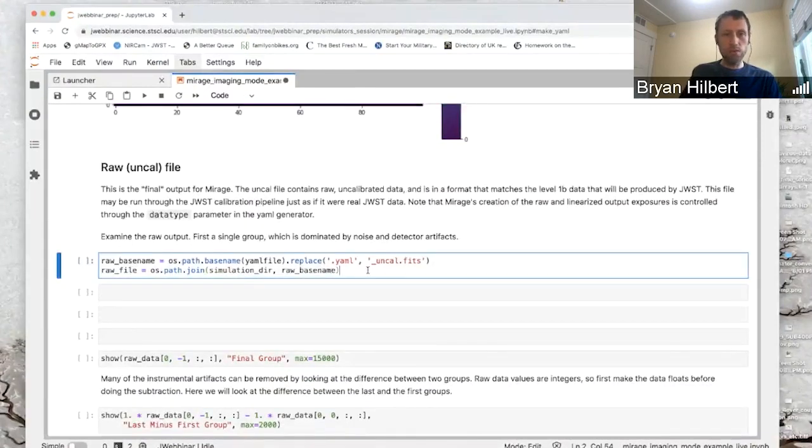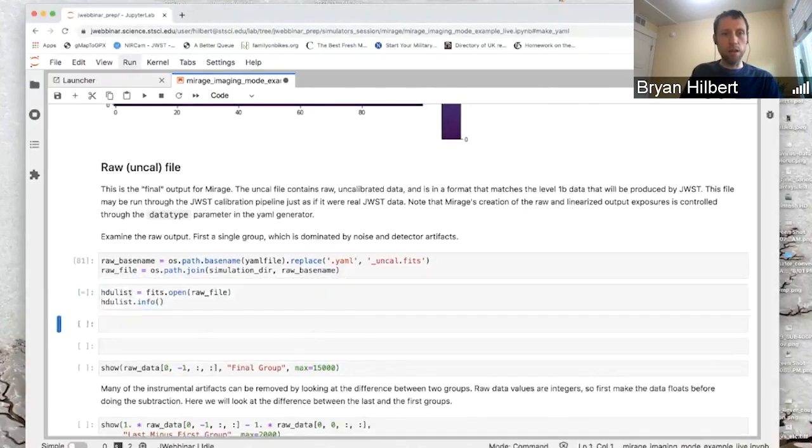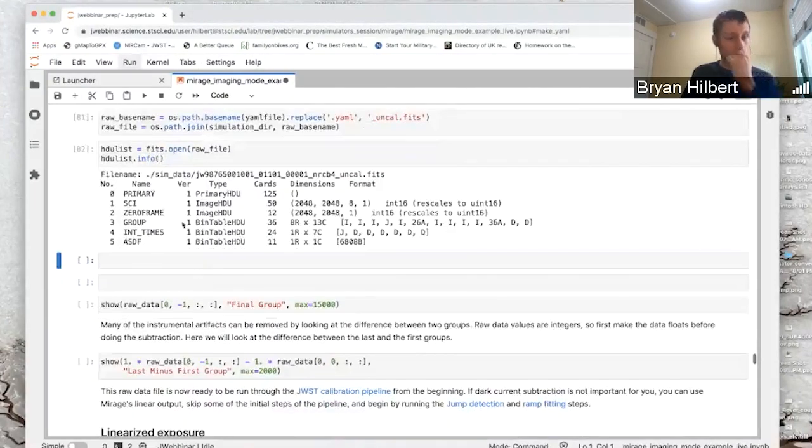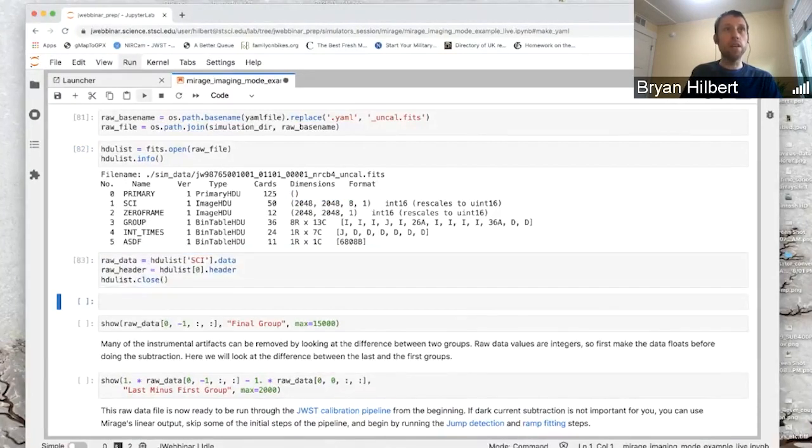And then we also have the raw file itself, the file that can go into the pipeline. So we can open that up and look. Here's the format. So you can see the file format here matches the uncal file format for real JWST data. The science data are in the science extension, 2K by 2K by 8 groups by 1 integration. Grab the raw data